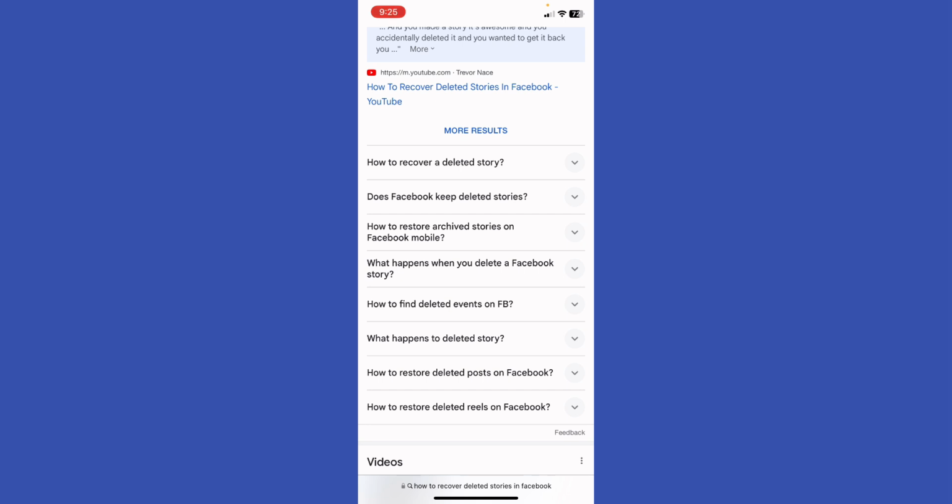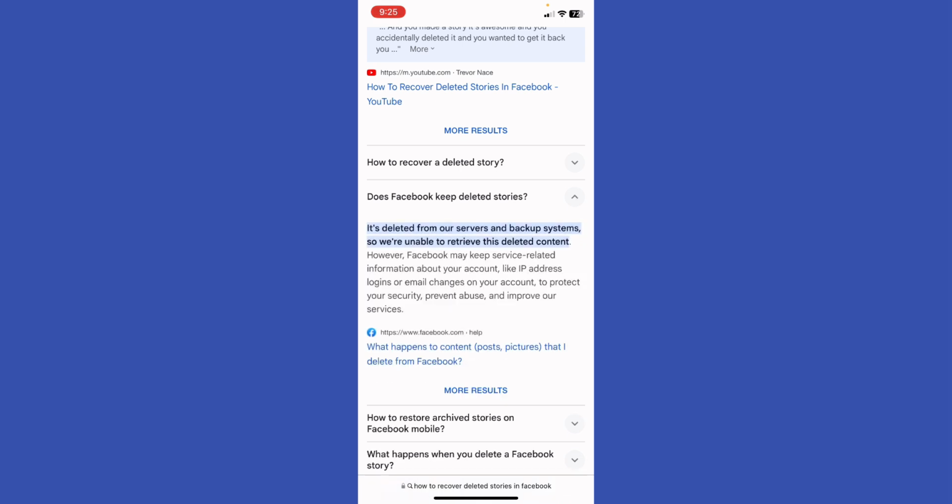So basically, does Facebook keep deleted stories? It's deleted from their servers and backup systems, so they are not able to retrieve this deleted content. So this setting only applies on Instagram, but on Facebook, unfortunately, for now,